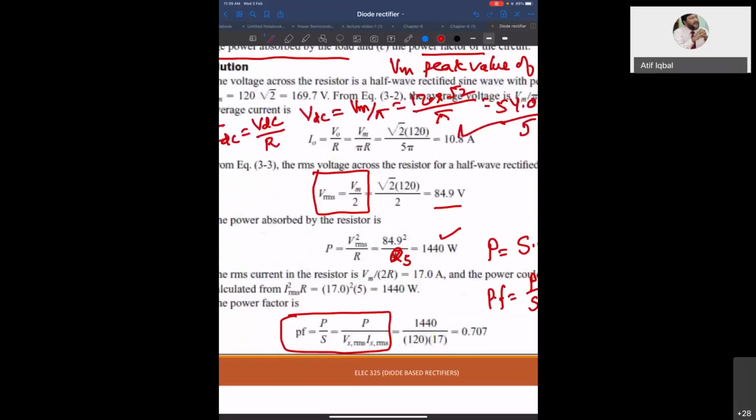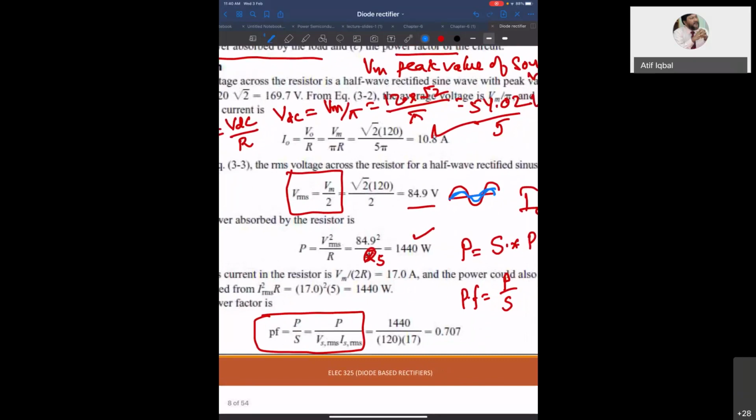So just delete that part, what I said about the unity power factor case. If it is a complete sine wave, then it is okay. If it is a complete sine wave like this, and you see the current is also following like this, then unity power factor is correct. But in this case, it is half wave, so we cannot say. Because now this has half wave, we have to use the Fourier analysis and check the fundamental component. But here, what we can do more easily is calculate the power factor using this expression, which is the active power divided by the apparent power.